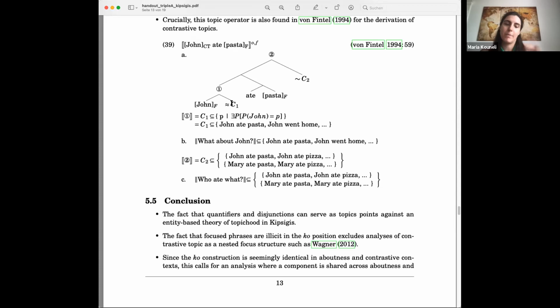So this is Malte Zimmermann has worked, but also Greenberg. But what is not clear for the Kipsigis data is that in those theories, subject even NPs are not really discussed. They talk more about the objects. And then this is the surprising case in Kipsigis where subjects have to be in the composition when you have a scalar particle. And that's the thing that we're not sure how to deal with, the subject-object asymmetry. Thank you.